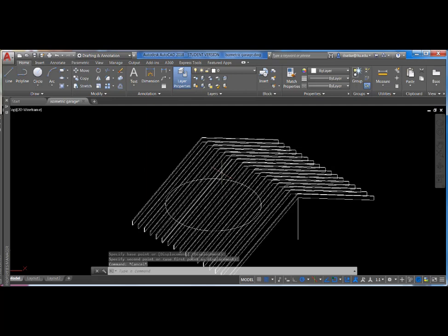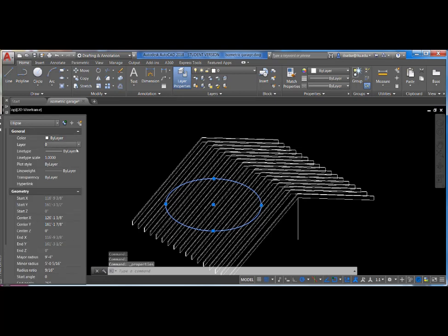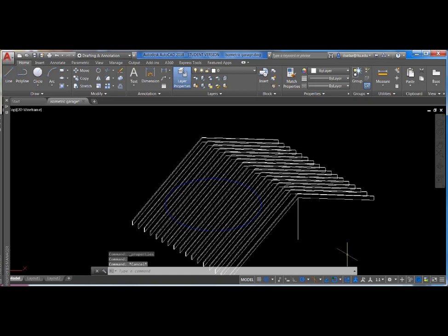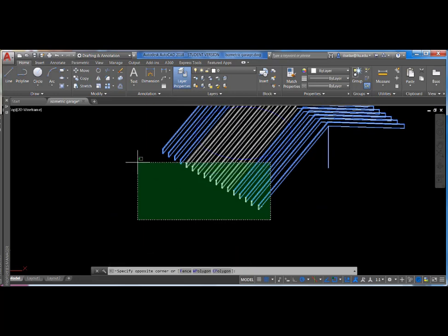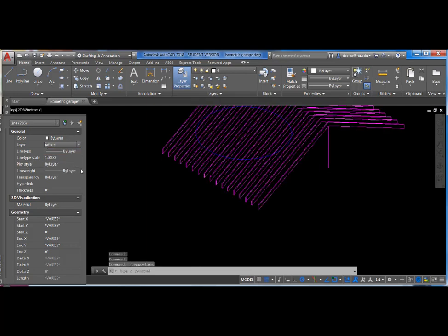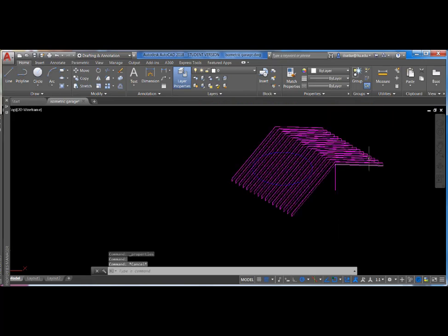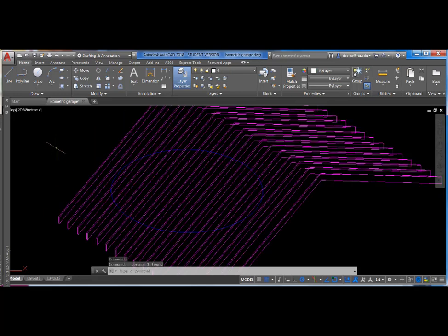So the ellipse, I'm going to change that to the ellipse layer. And these I want to move on to the rafter layer. Alright, properties, and then put those on the rafter layer. And I'm going to go ahead and delete this line. That was a reference line. Okay, so to cut out